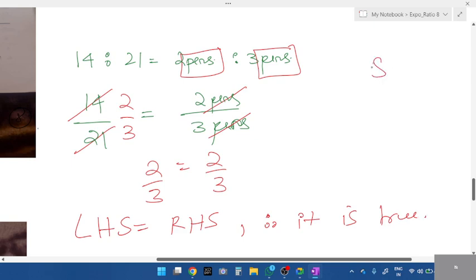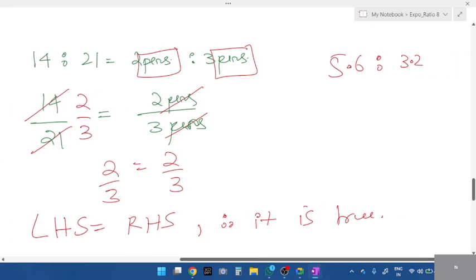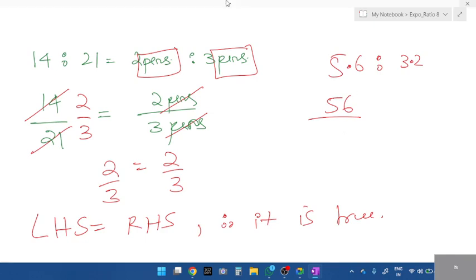Now, one more thing. Amilda, how do you solve this? 5 is to 6 is to 3 is to 2. First thing, how do you convert the decimal, students? How do you remove the decimal? 56, Amilda, 56 divided by? No, no, no. 5 point is given, right? Whenever point is given, how do you remove the decimal? Very good. Is to